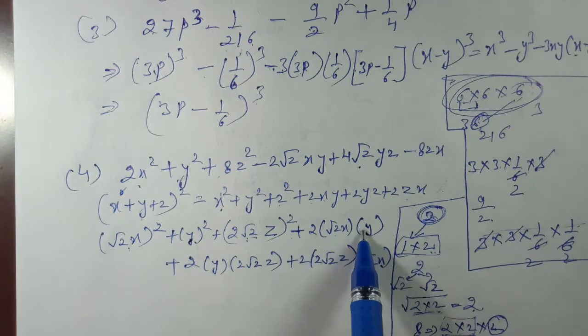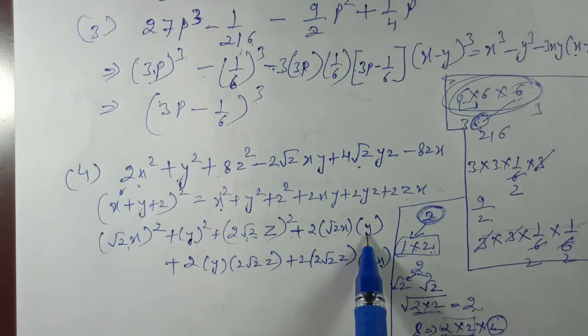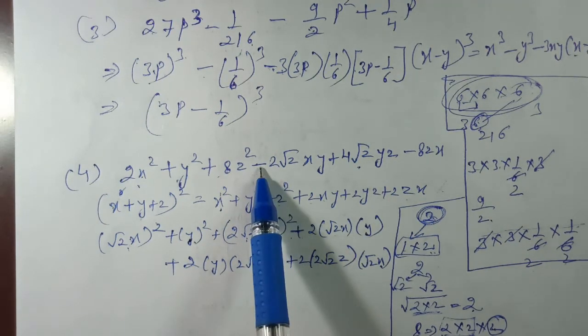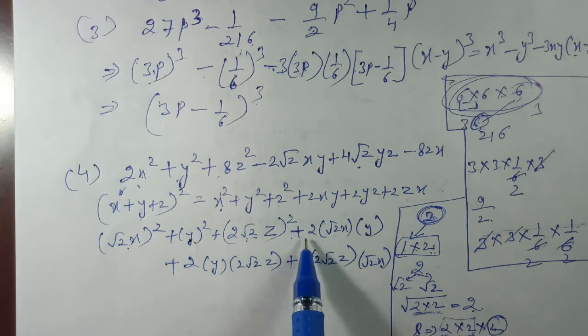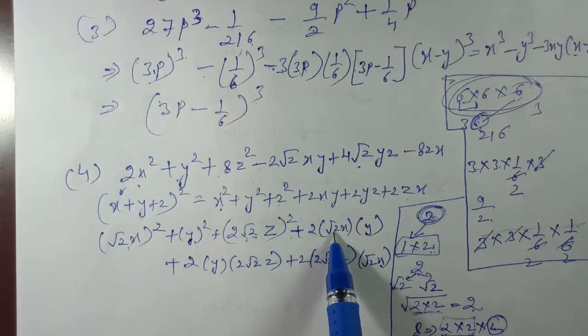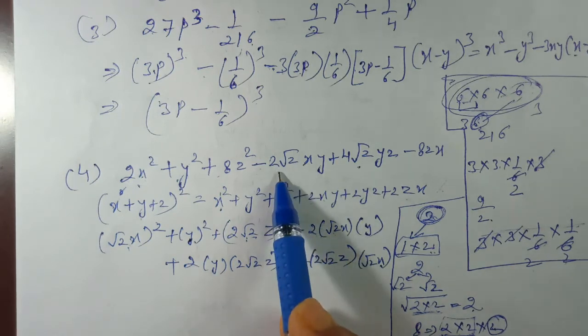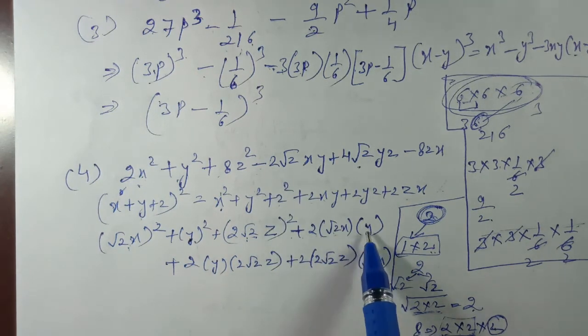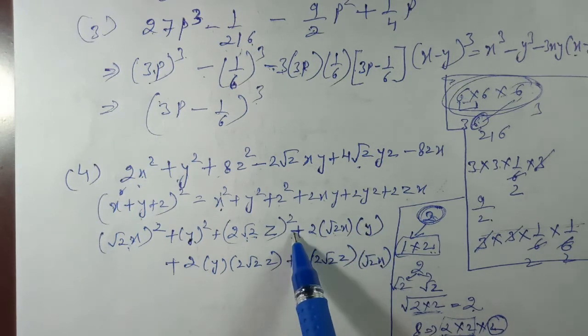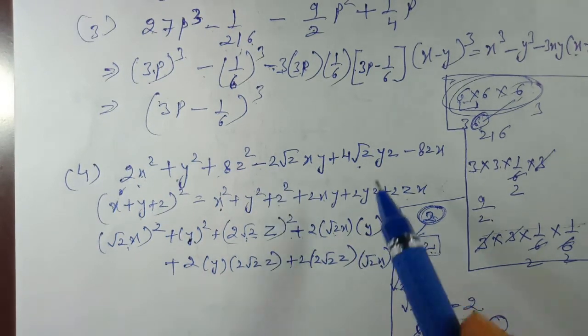So let us start here. If we take the sign, all are positive. So if we multiply, the sign will be positive, but over here it is negative. So this is the mistake that we have to correct. Let us check the number: 2 into root 2 will give 2 root 2. 2 root 2 is correct. Variables x and y are also correct. So the number is correct, but the sign needs to be corrected.